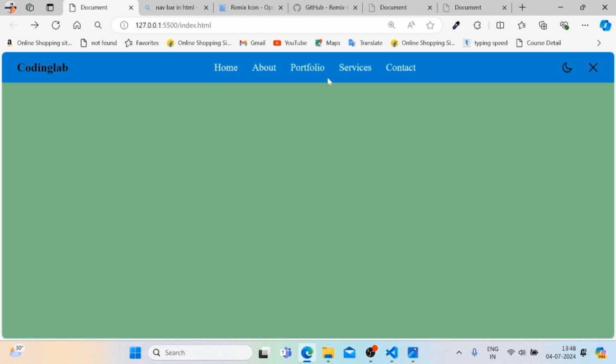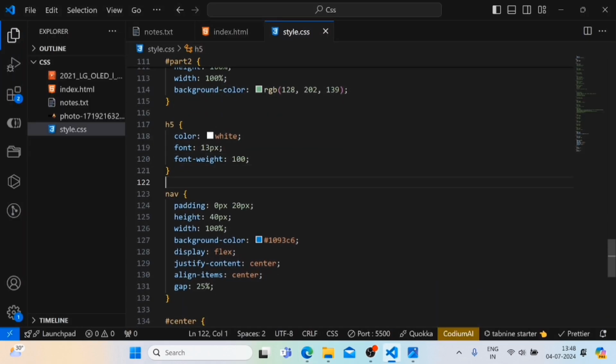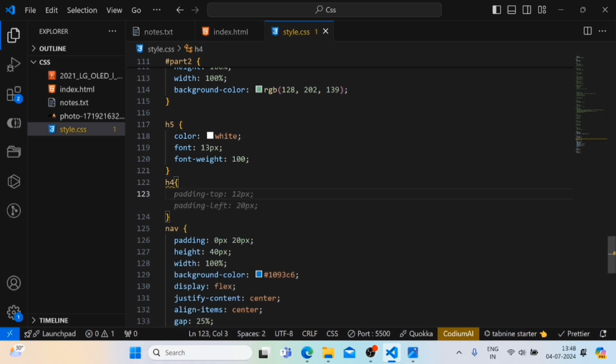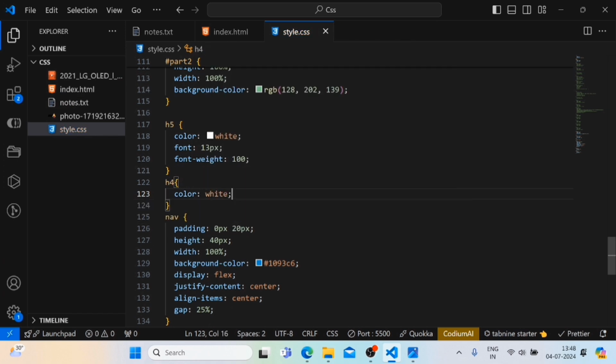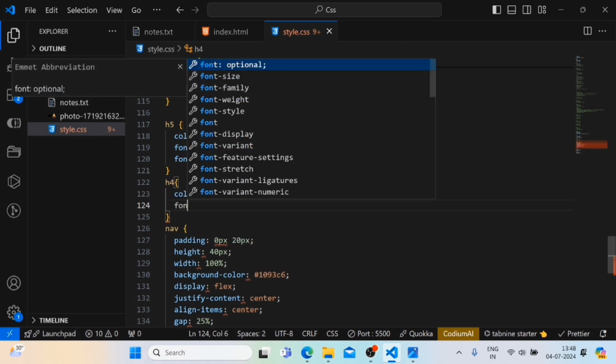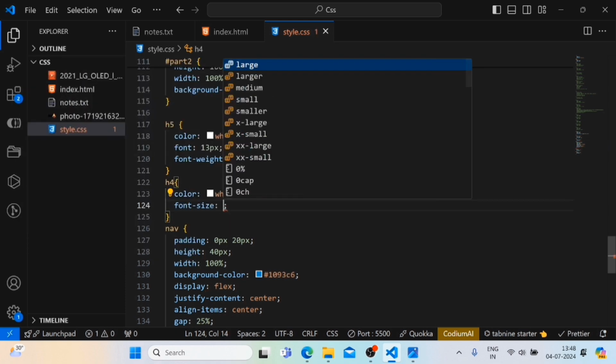You can see now it's looking fine, and let's change its color also. So here for h4 let's give color white, font size 20, let's give 18 pixel,